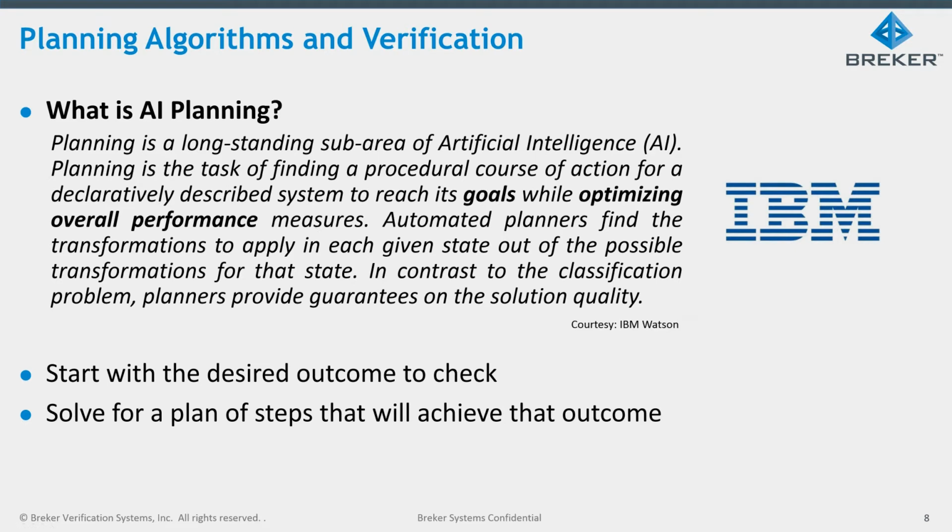So this definition is coming from IBM Watson. What does it mean? It says that we want to write a piece of software that starts with an objective. I want to get a particular value out of my neural network. And then it wants to figure out a plan of steps that will achieve that outcome, where maybe optimizing this overall performance, in our case, is not about get it through as fast as possible, but get it through in as difficult a path as possible, right? Let's make sure that we're trying to do all the control logic that goes around all the math we have to do, and let's make sure that we're trying to exercise all of the routing cases that we have to do.